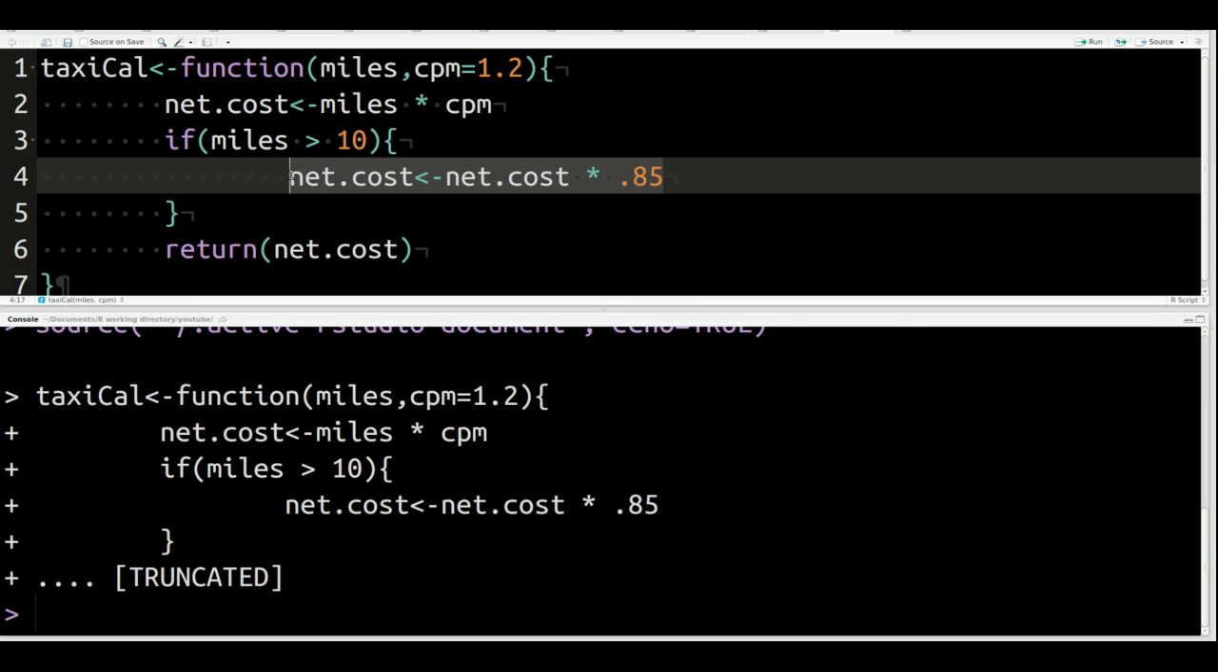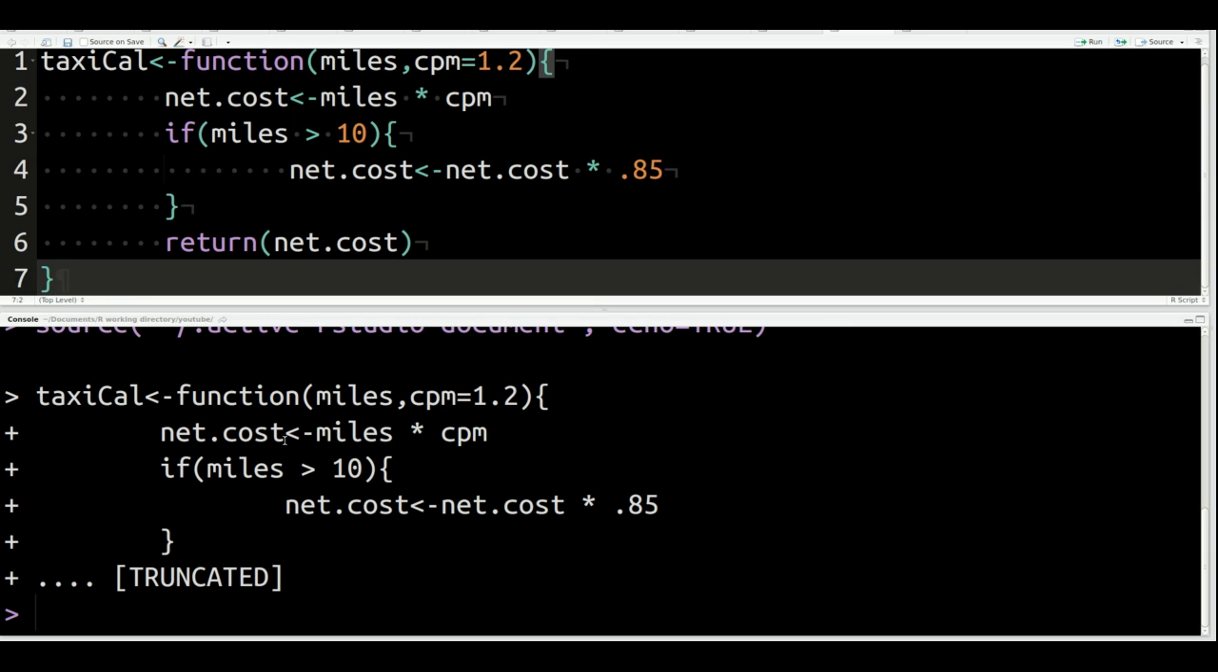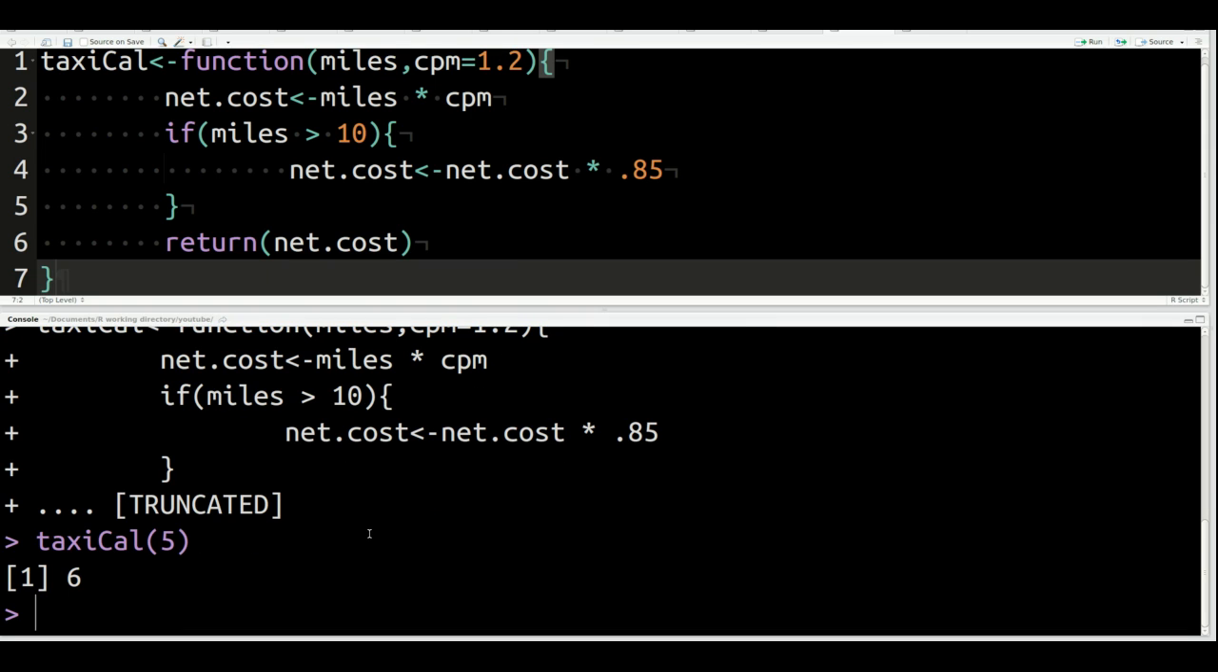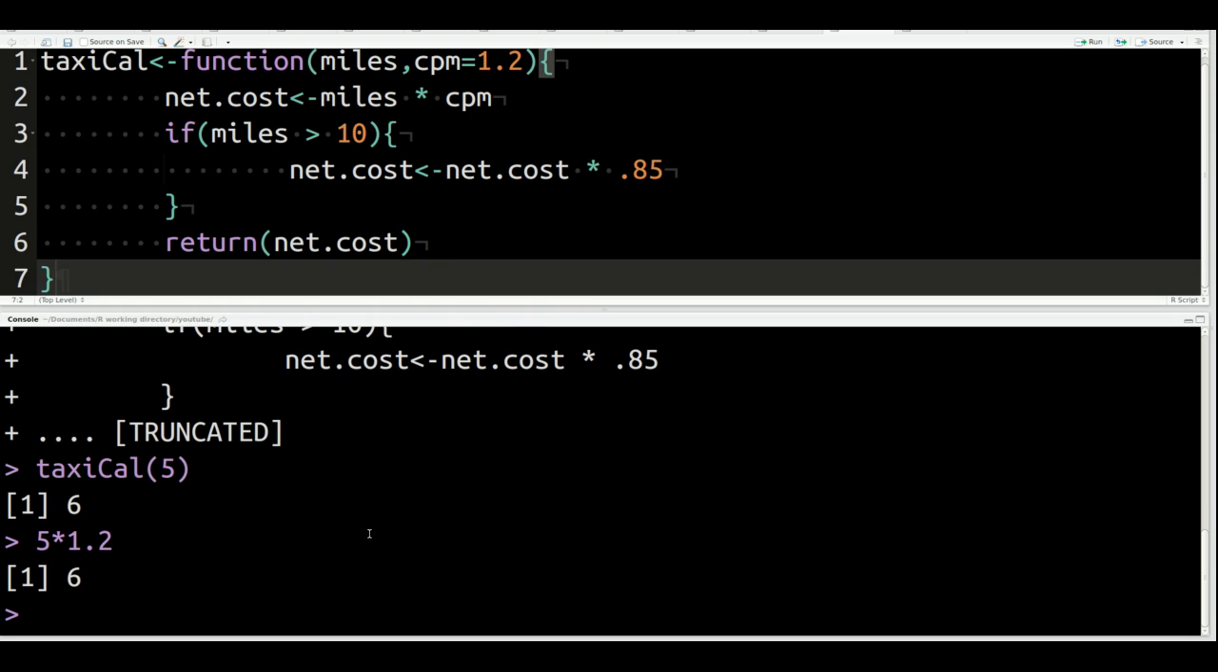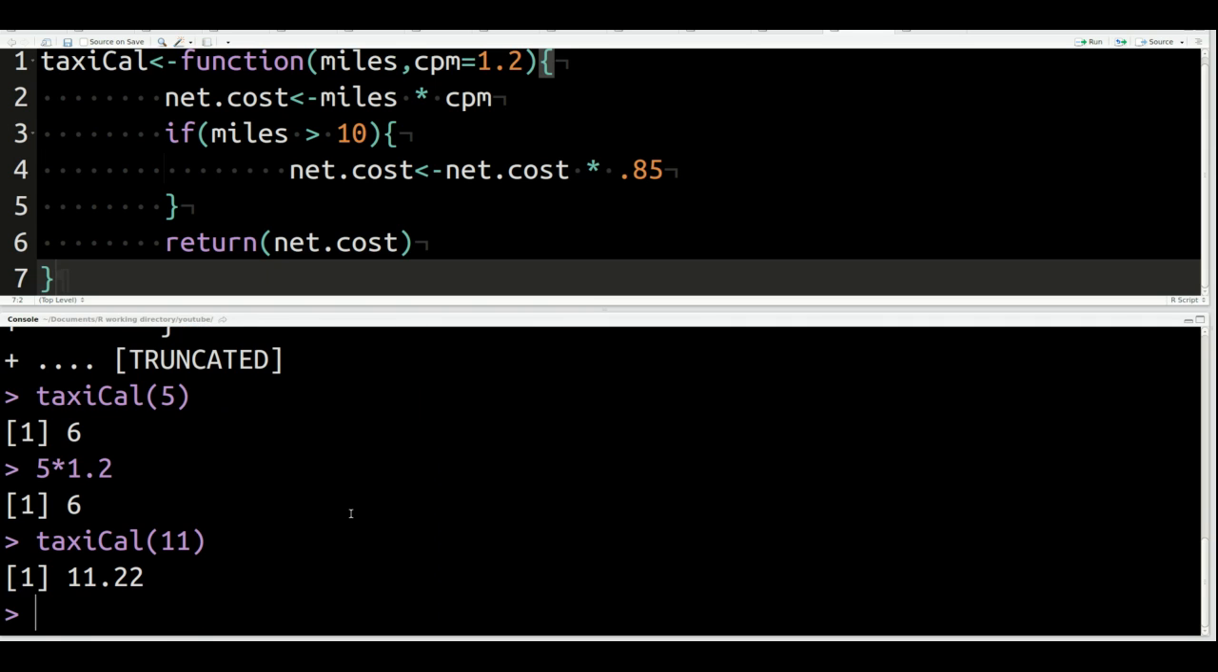So here we go. All right, we press Shift Control Enter. Now let's see what happened. So first I'm going to do 5 again, just to show you what it's like. So I get 6, and like I showed you before, 5 times 1.2 gives me my 6. But of course, that's less than 10. What if I do 11 miles? So we go back here, do 11 miles. I get